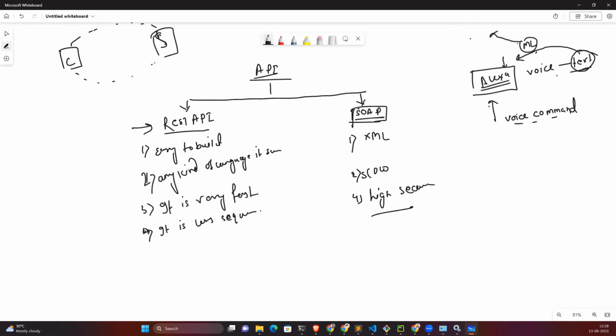And you don't need to bother about how to write that business logic inside your application. That's the beauty of using what we call an API. You just need to take care of your business logic. You don't need to worry about the other application's business logic, how they are developing it, what they are doing internally, or also what kind of language they are using, right? So you just need to bother about only your business logic. That's the funda of API.